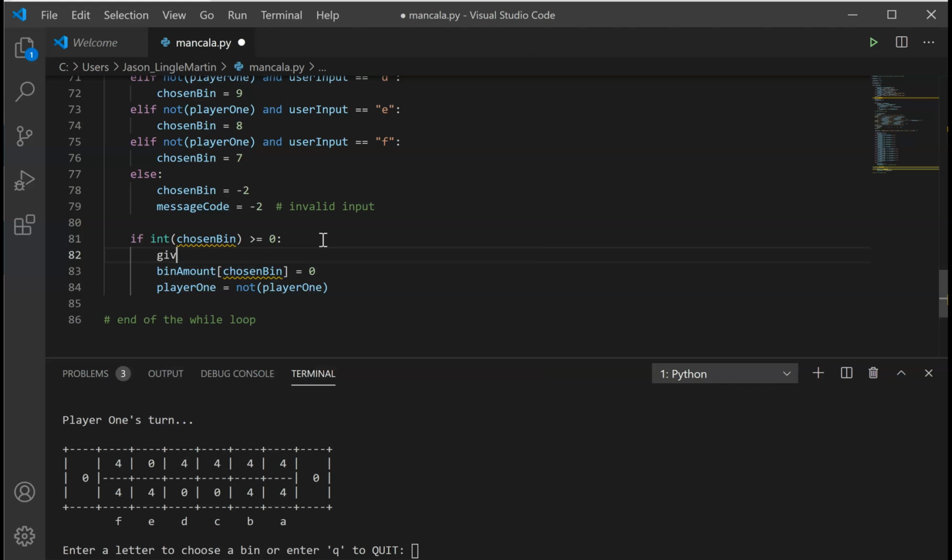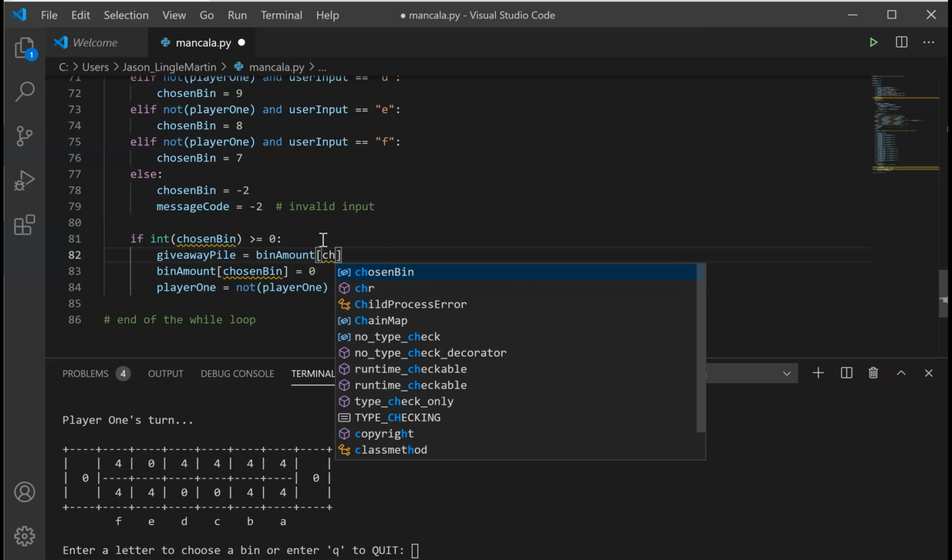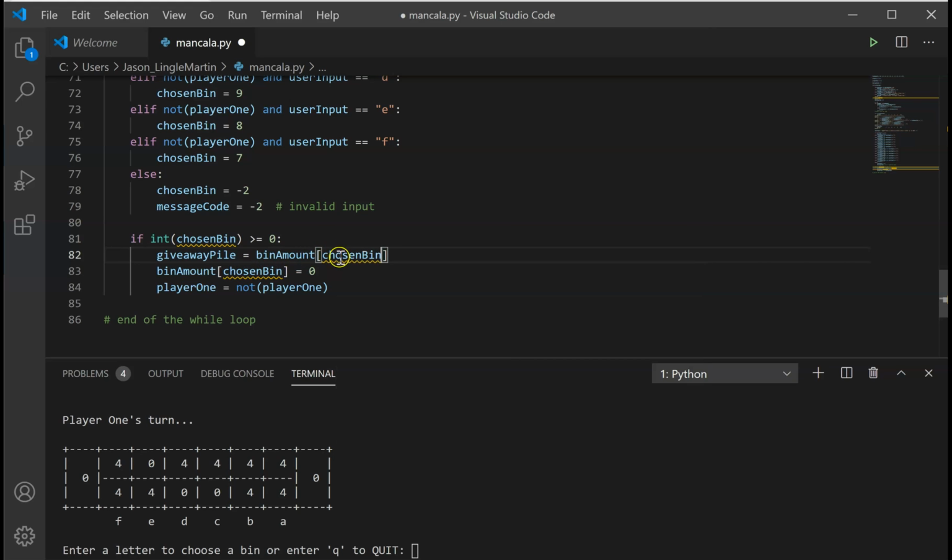Let me define a new variable called giveaway pile, which will store the bin amount from the chosen bin. So before we set that number to 0, I want to record how many stones were actually in that bin. And that's what I do with the giveaway pile. And now I can check to see if the giveaway pile is greater than 0. And if that's the case, we'll switch between player 1 and player 2,